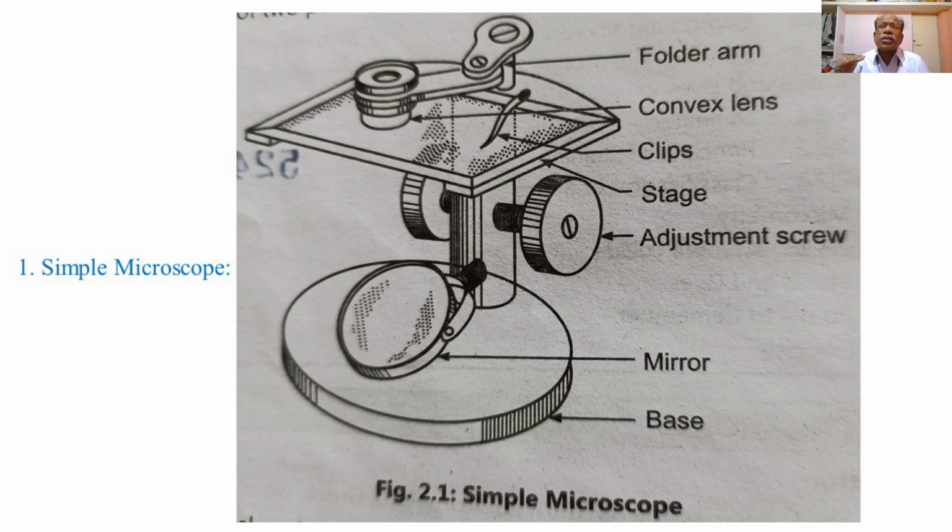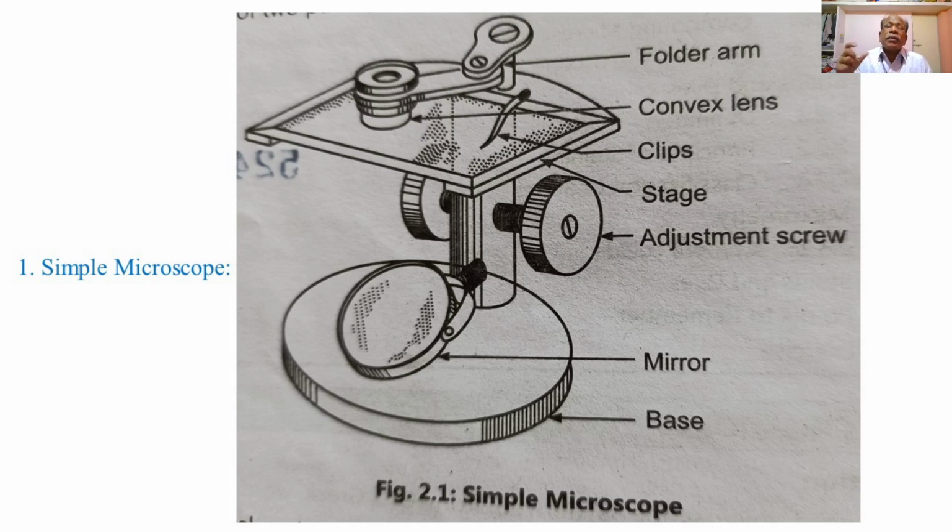This is the figure showing a simple microscope provided with a round base, then fitted with a straight arm so as to support the optical part of the simple microscope, that is the lenses, stage or the mirror, so as to focus the object to view through the lenses which are used on the top of the simple microscope.